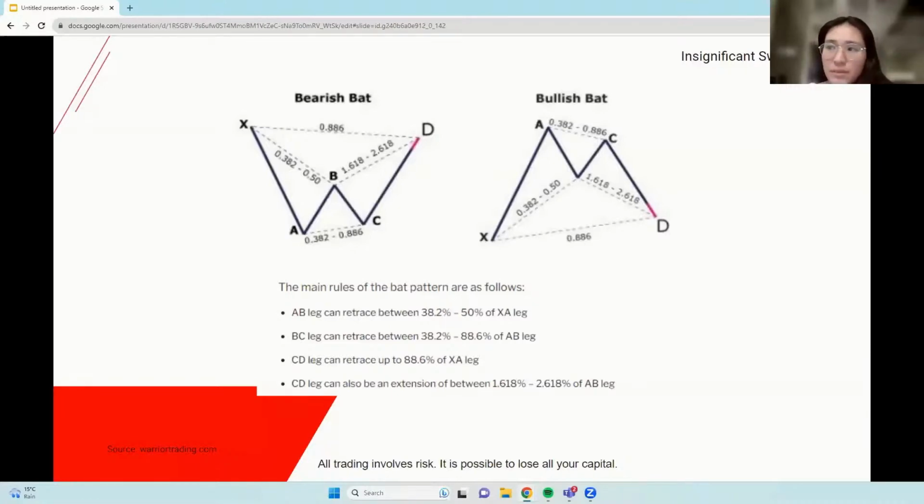So the main rules of the bat pattern are the AB leg can retrace between 38.2% to 50% of the XA leg. So the AB leg is over here, the second leg here, retrace 38 to 50% of this original leg. BC can retrace 38.2 to 88.6% of this second leg. And the CD leg can retrace up to 88.6% of the original leg. CD leg can also be an extension between 161.8 and